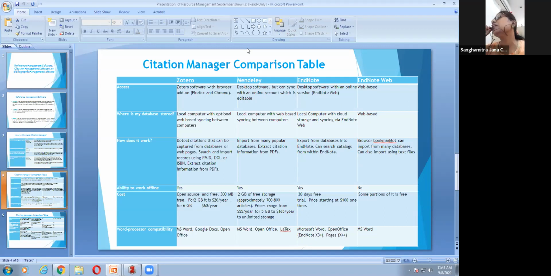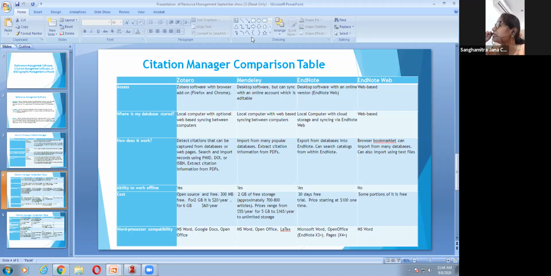And EndNote, it is initially a 30-day free start. Price starts at $100, and some portion of it is free in EndNote Web, and not much is clear from their side. Word processor ability: MS Word, OpenOffice, and for Zotero, MS Word, OpenOffice, and LaTeX.